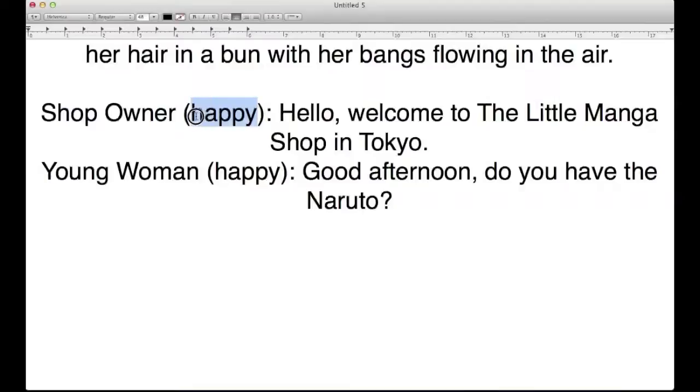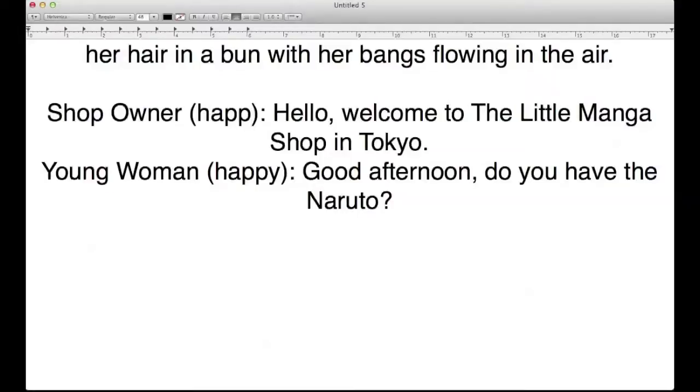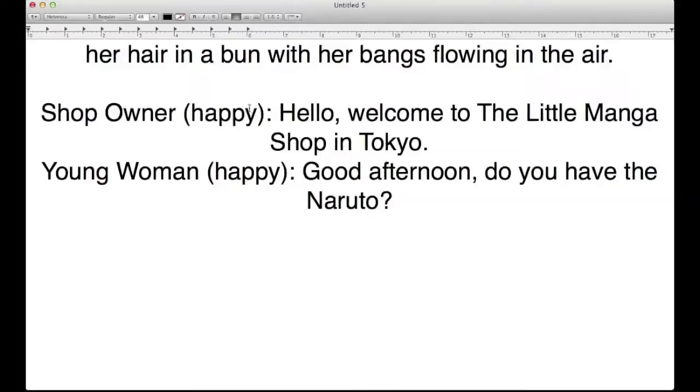But if he was sad, he would sound like, "Hello, welcome to the little manga shop in Tokyo." He's a little more downer, but right now we want to keep him a little happy since there's such other destruction